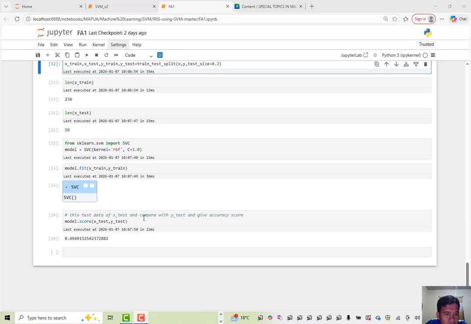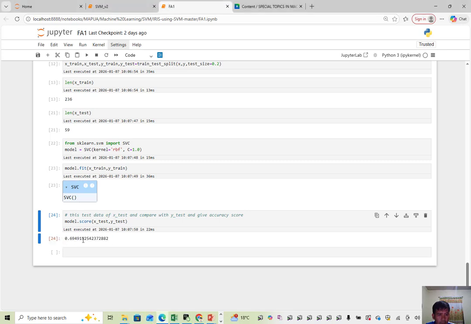After training, I test the data of X test and compare it with the Y test, and it returned an accuracy score. The model correctly predicted 69.49% of the test samples, or in other words, about 69.5 out of every 100 predictions were correct.